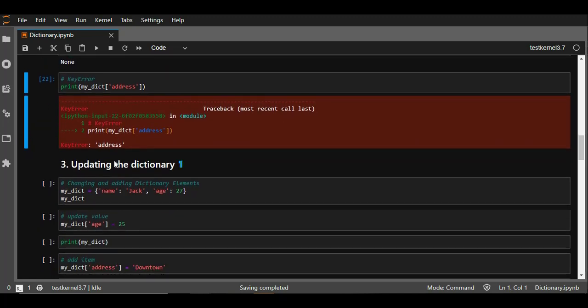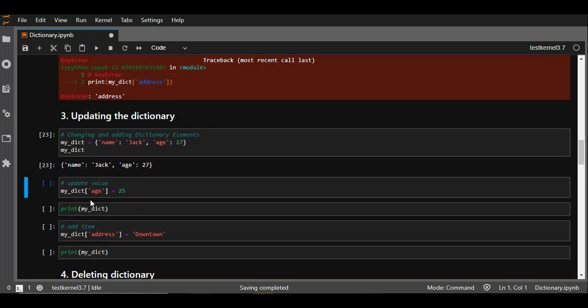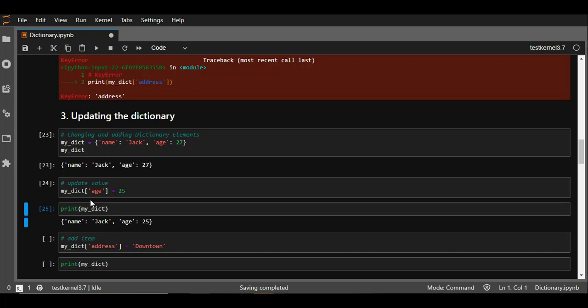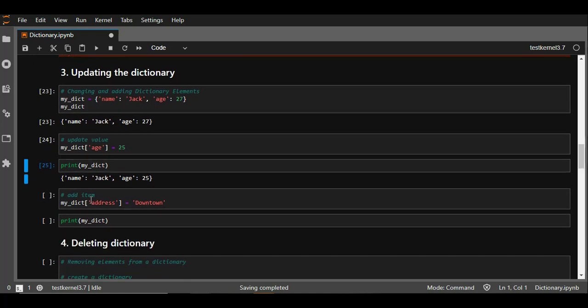Now dictionaries are mutable. We can add new items or change the value of an existing item using an assignment operator. Let's say in this case I have information of a person, Jack, and his age in the dictionary. Jack is originally 25 years old and we inserted 27 years old by mistake. Now he's mad about it. So to change it to 25, I'll just assign 25 to the key like this, and the key is always the one in which the value is to be altered. Right. So it will just change the value from 27 to 25.